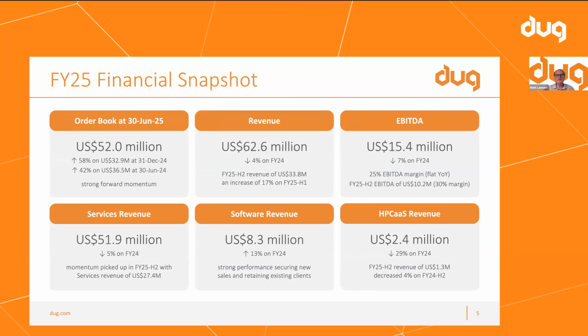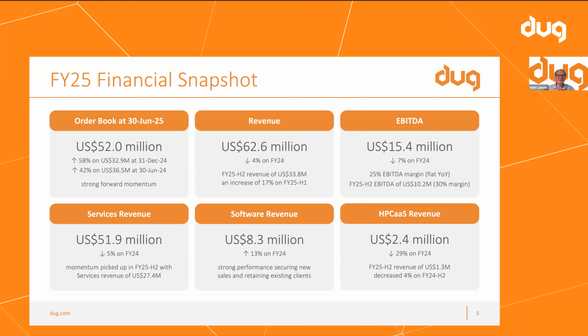Revenue is disappointing. We talked about that, down 4%, but I had hoped that we'd actually end up flat, but we ended up slightly down. So I was a little disappointed in that. EBITDA is down a bit, but we've been investing a lot of money into growing, into people, into offices, into all sorts of stuff. So yeah, that is what it is. And as we said, the actual last 6 months has had an EBITDA of 30%.